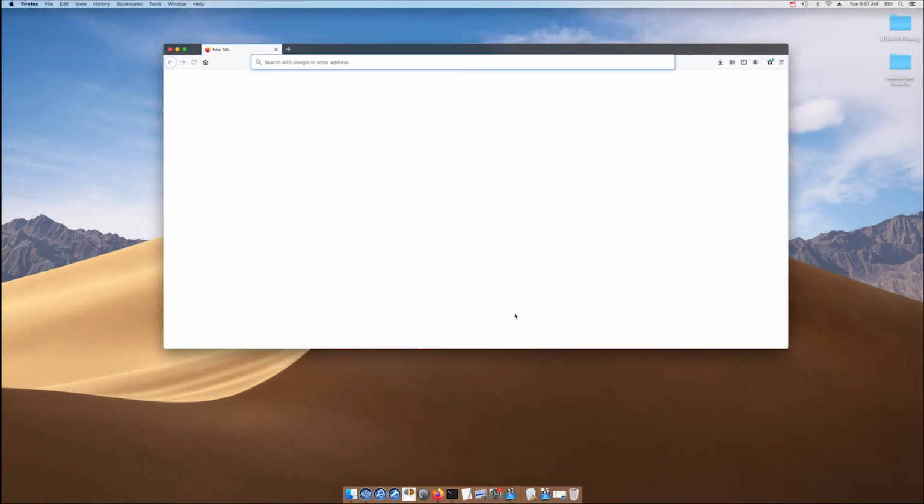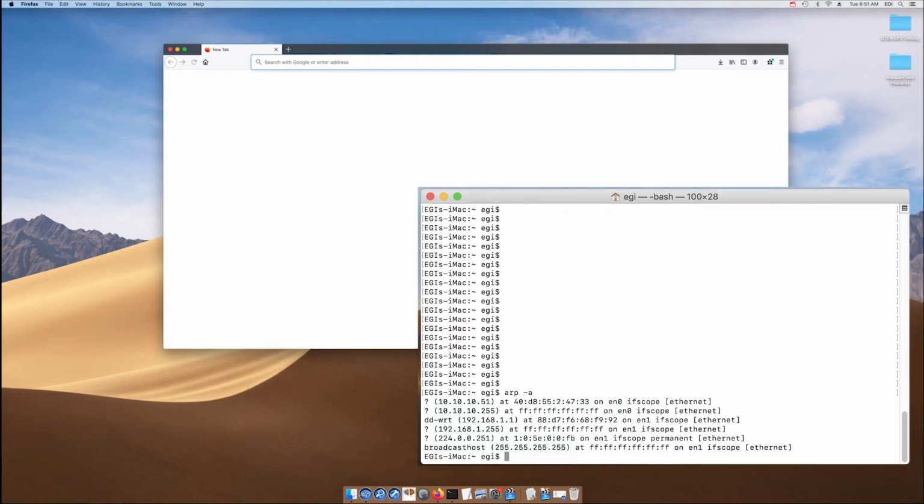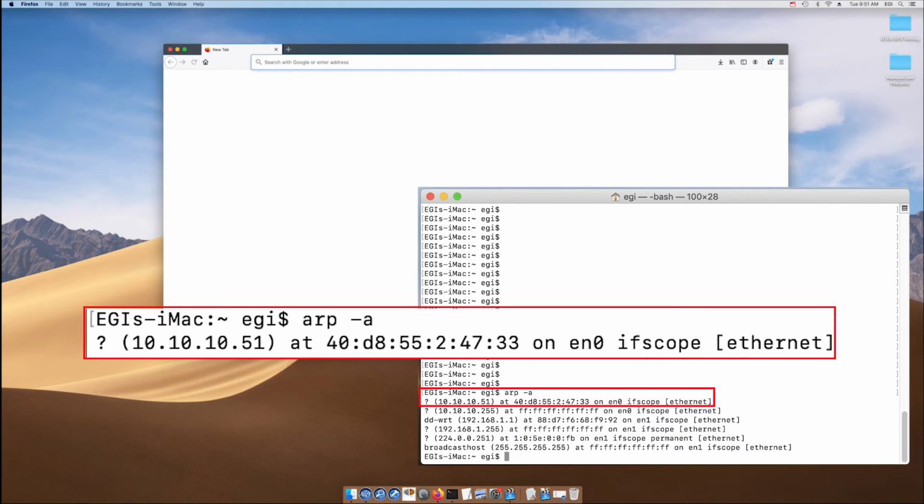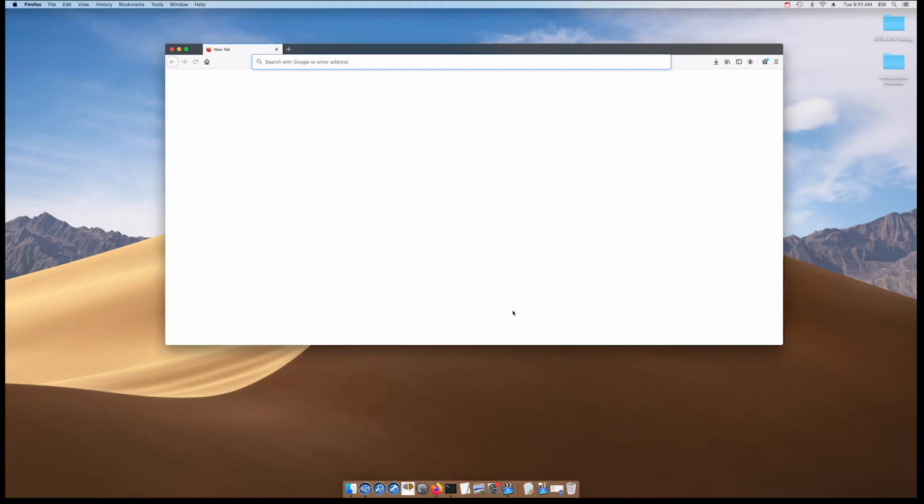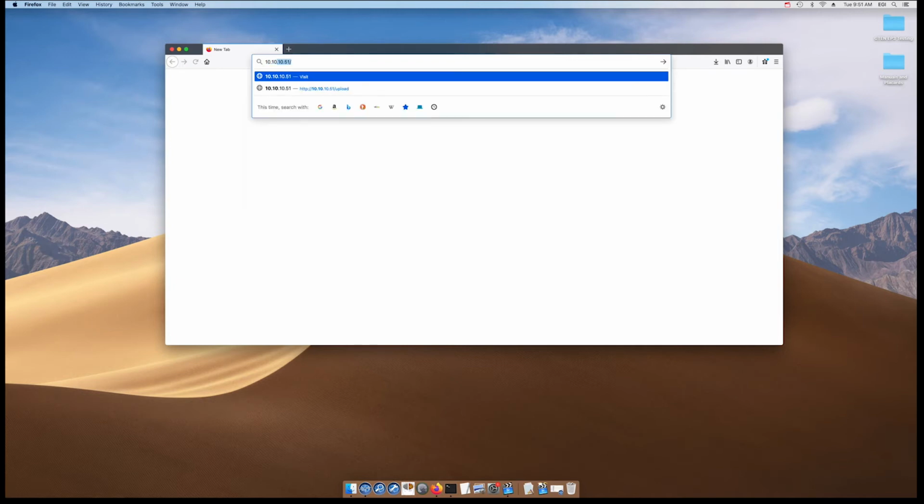You should know the IP address of your amp, but if you do not, you can use the terminal and the command arp -a to list the devices on the Ethernet. The one of the form 10.10.10.some number should be your amplifier. And then enter the IP address of the amplifier. For ours, it was